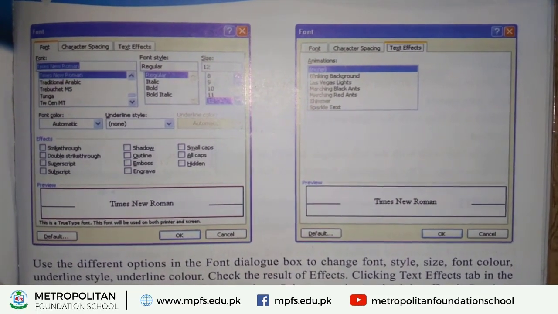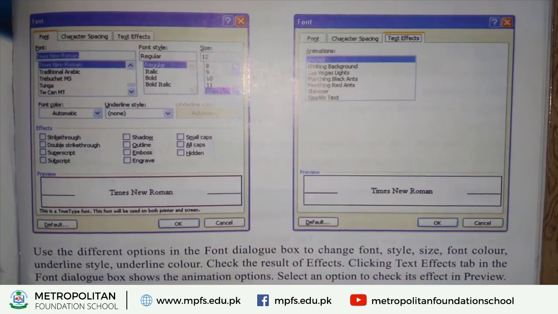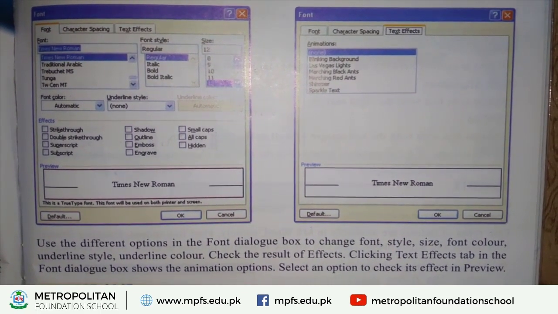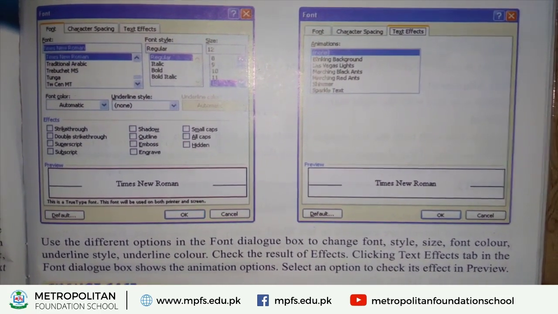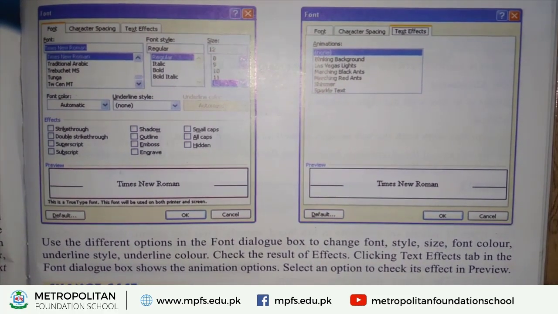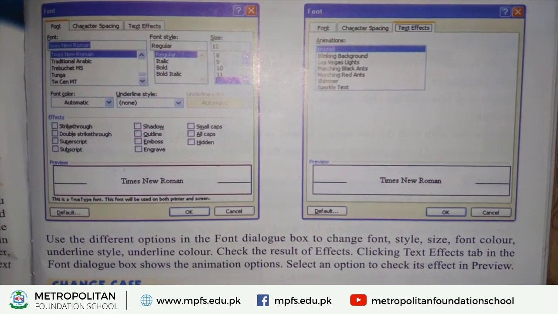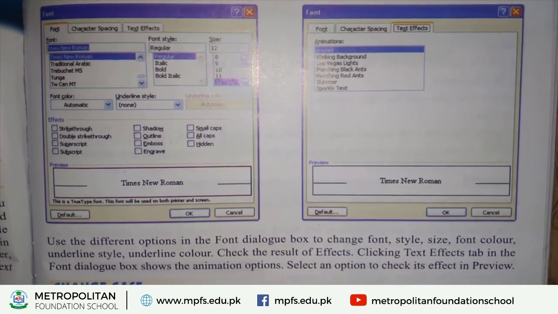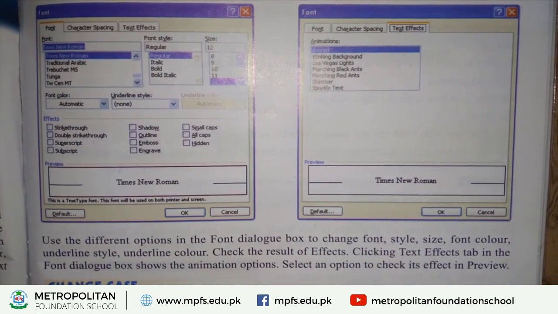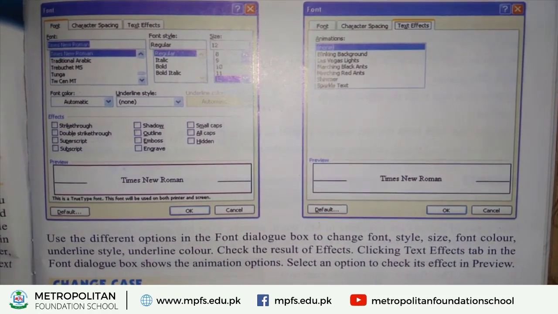Use the different options in the font dialog box to change the font style, size, font color, underline style, underline color. Check the result of the effects. Click the text effects tab in the font dialog box. Show the animation option.